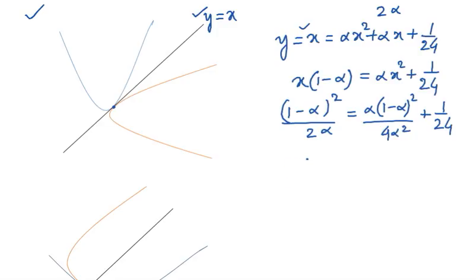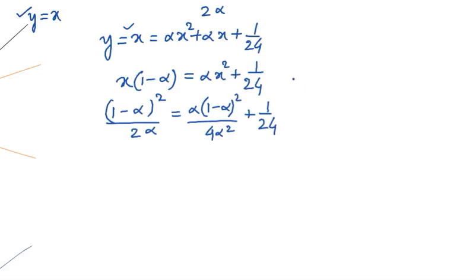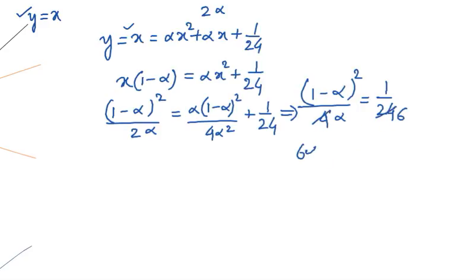So on simplifying we are getting an equation (1 minus alpha square) by 4 alpha, that is equal to 1 by 24. So on opening up we are getting a quadratic equation, that is 6 alpha square minus 13 alpha plus 6 equal to 0. And on solving this equation we can easily say that